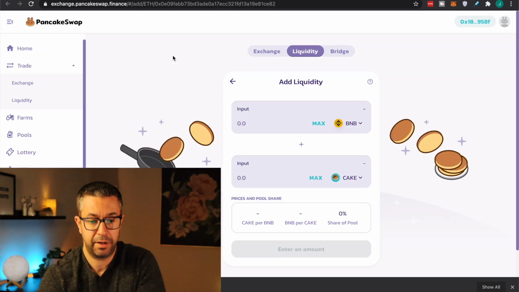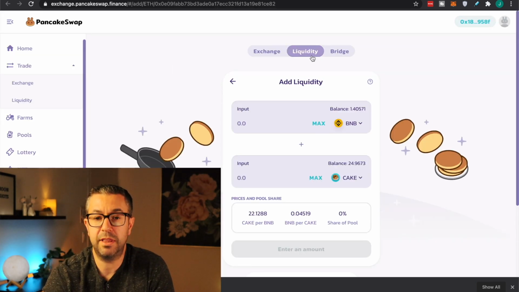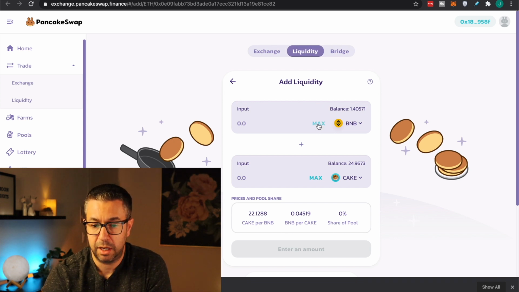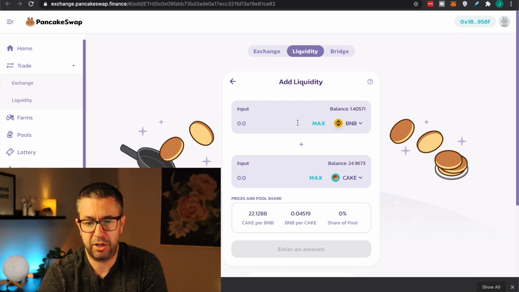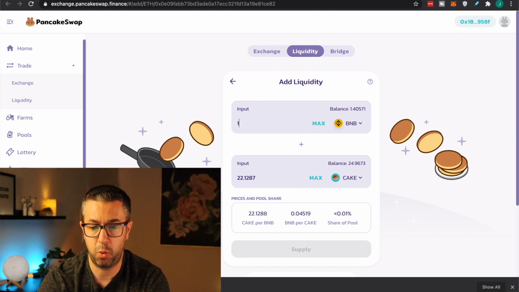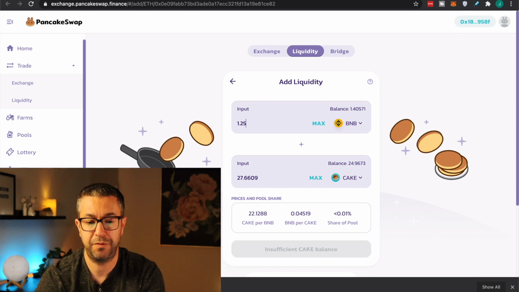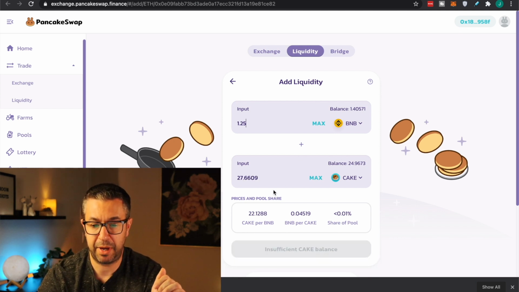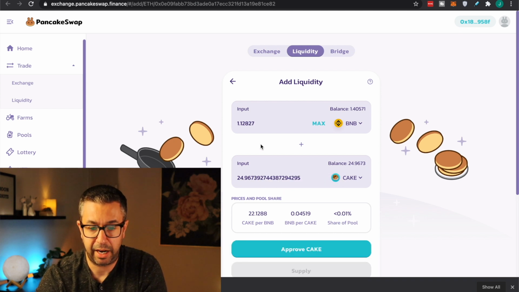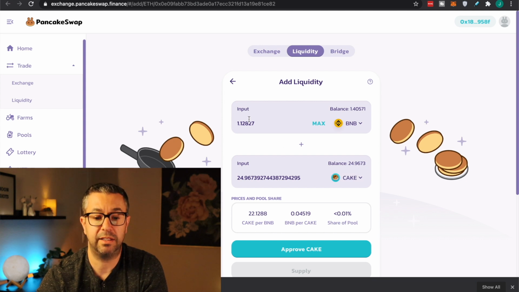I'm going to click on here, and it takes me to the liquidity tab. I could have just done this from the exchange, but I'm going to do the max. Or I'm not going to do the max, because you need BNB basically to transact on the network. So I'm going to do 1.25 BNB, and then it's telling me I have to put up this much. So actually I got to put up less. So let me do the max here, and do the max Cake, which is 24,963,